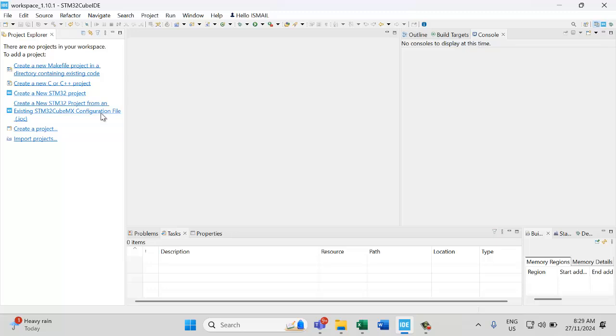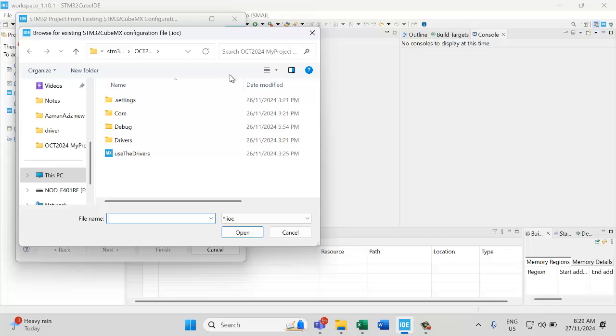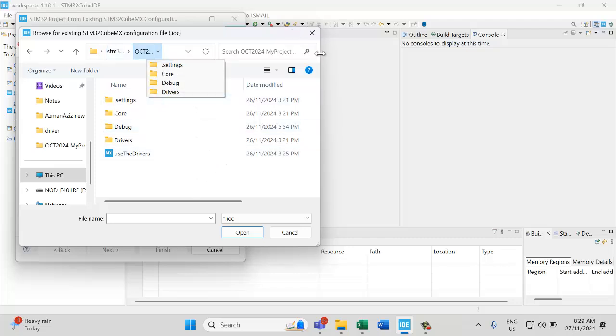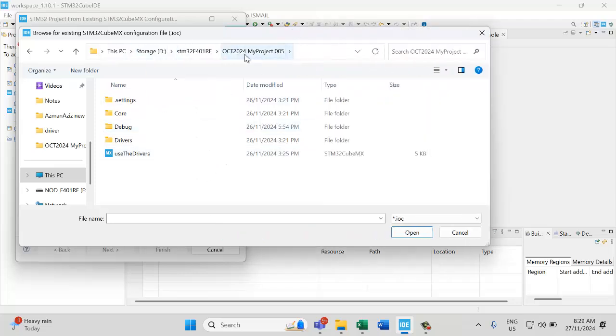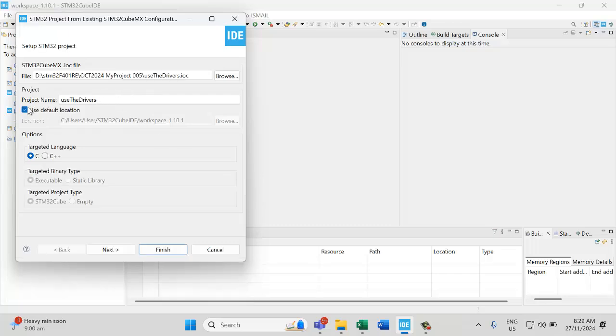Wait for a few seconds, then browse to the previous project. For example, here I will use the projects, October 22, 2024, my project 005, because this one is already configured. So click on the IOC file, click open, then untick this one, browse,